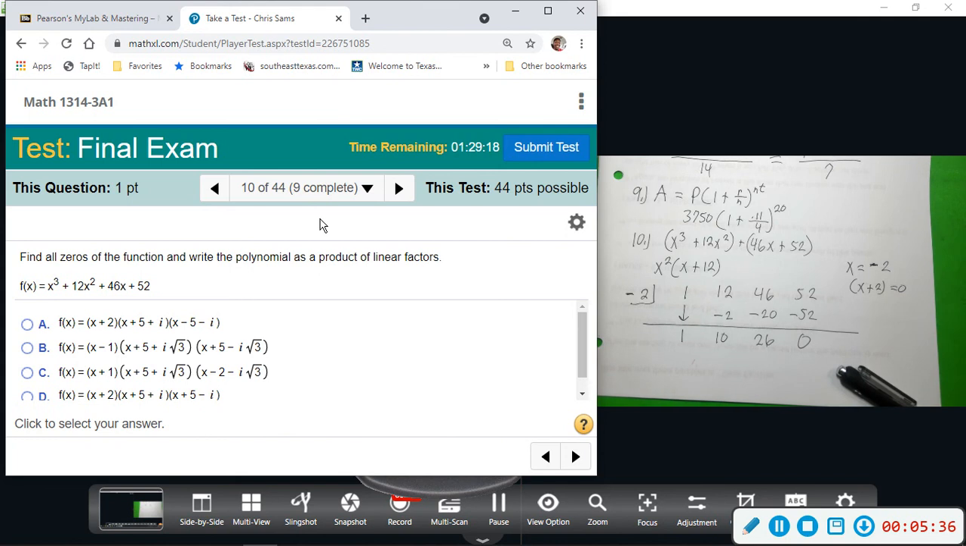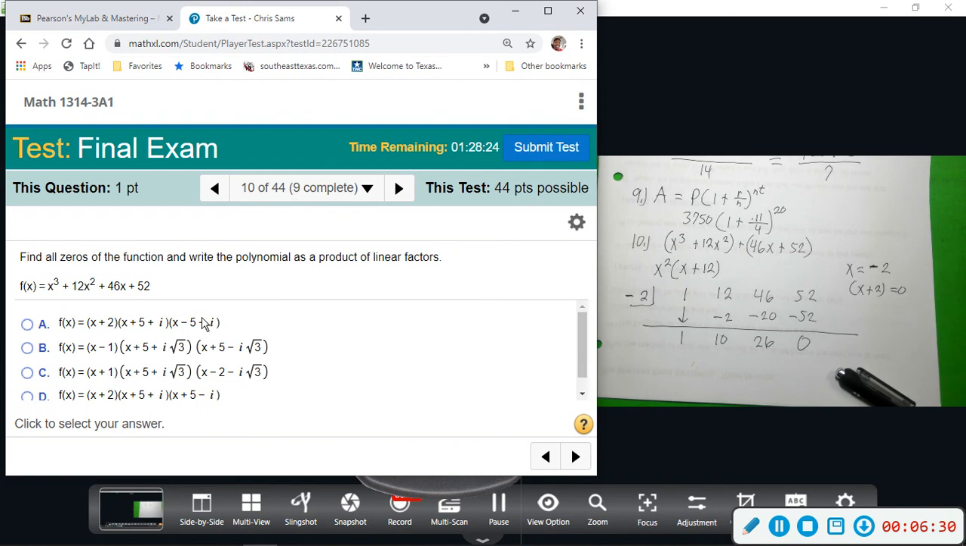If we look at the answer choices, we can rule out B and C because they don't have the x plus 2 part. So that leaves us with either A, x plus 5 plus i, and then x minus 5 minus i. If you look at these two, the only difference would be the negative 5. That one's both plus 5 and that one's minus 5. Based on previous experience and knowledge of roots, I would want you to lean toward A, but let's actually